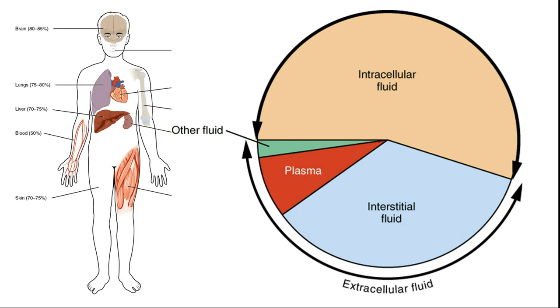If you look at how fluid is distributed in your body, the brain contains 80 to 85% water, the lungs contain 75 to 80% water, the liver contains 70 to 75% water, and so on for the remaining tissues. In blood also, there will be so much protein. By volume, 50% is actually water. This is how water helps in the transport of various biochemicals throughout your body, and it is mainly responsible for your survival.